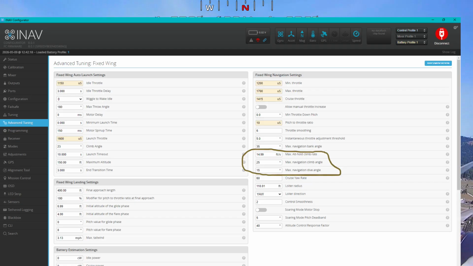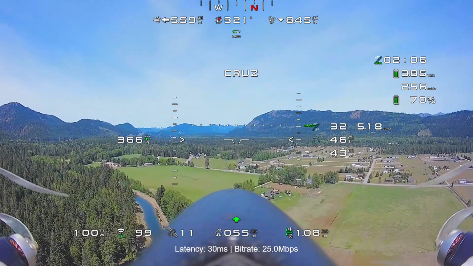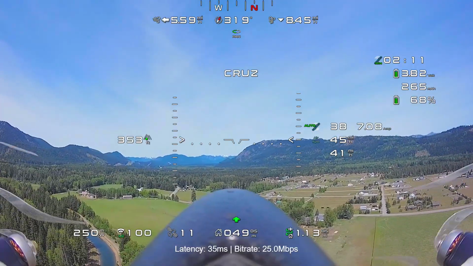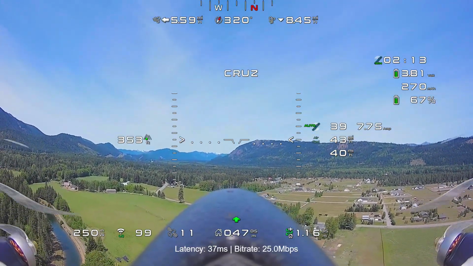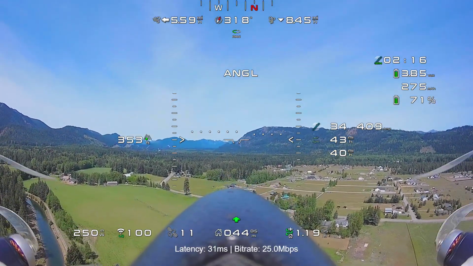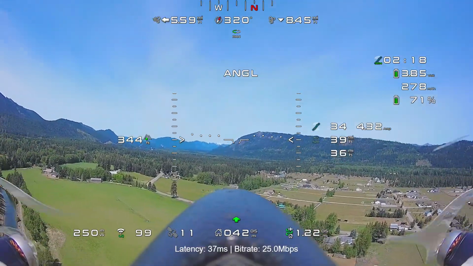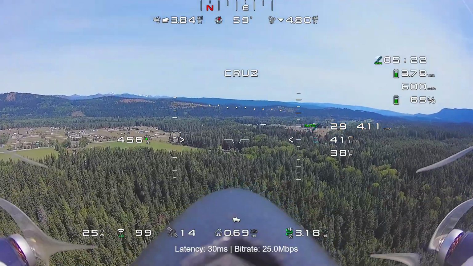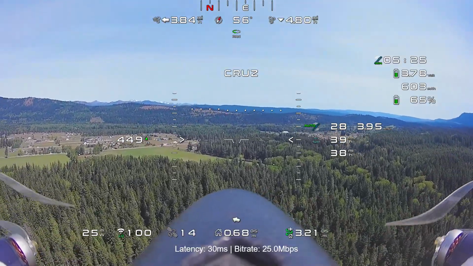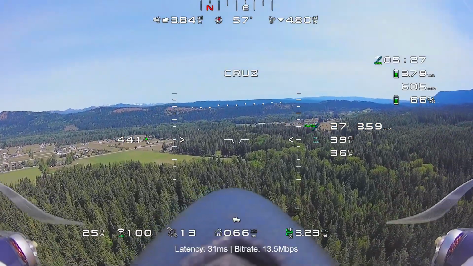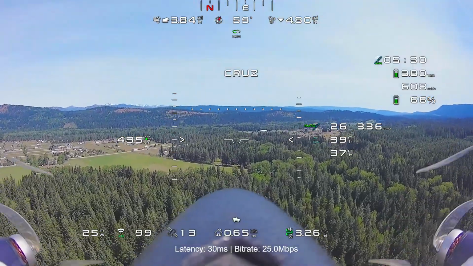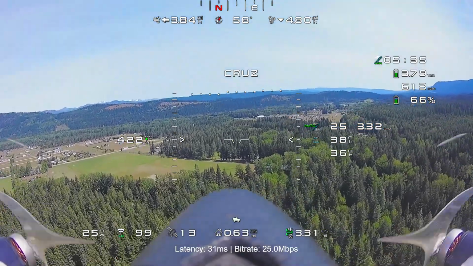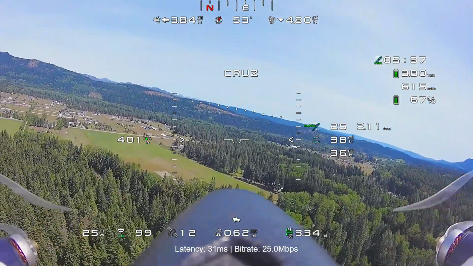And I don't think these two parameters have nearly as much impact as the first parameter, which, if you look in the CLI, the command line interface in iNAV configurator, is actually nav_fw_manual_climb_rate. And in the configurator, it was called altitude hold max climb rate, but it's manual climb rate. So I think that's a bug in the way they're labeling that. But anyway, that being at 10 feet a second,